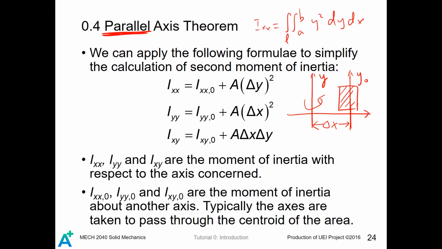Then the moment of inertia will become the moment of inertia of itself, the moment of inertia about the vertical axis which passes through its centroid, plus its entire area times the square of the horizontal translation delta x. Then you will get the moment of inertia of this region about the y-axis. As you can see, it is